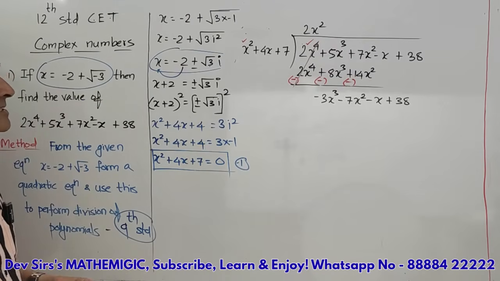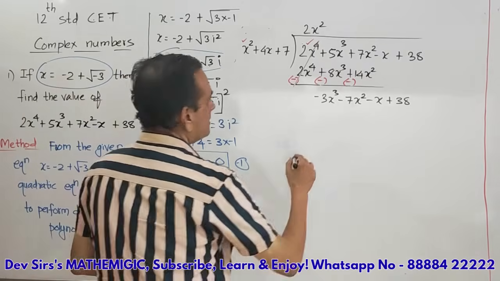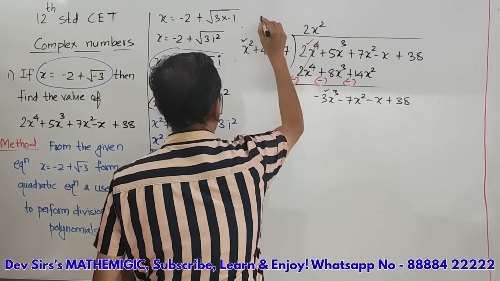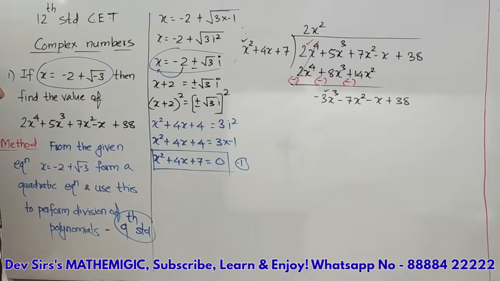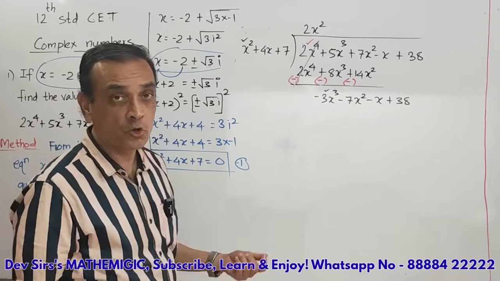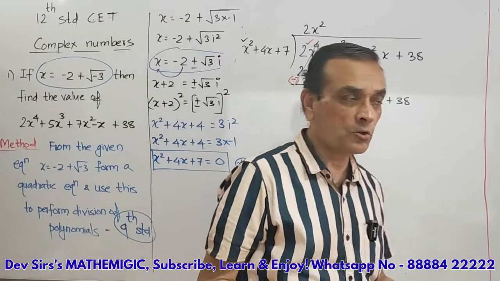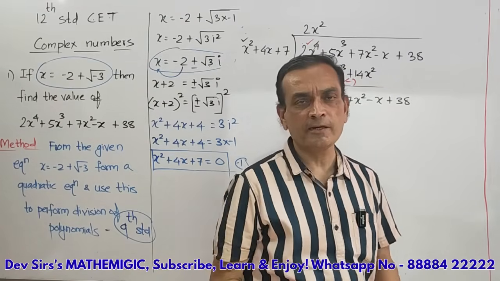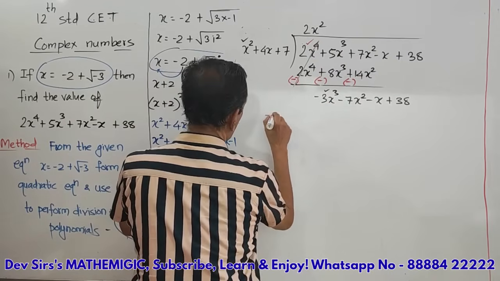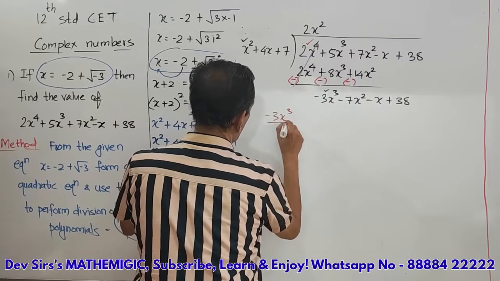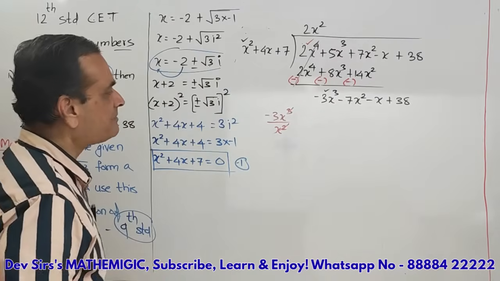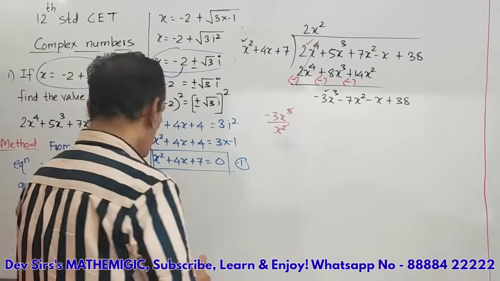Okay. Next, take the first term from here and first term from here. Actually, divide. Now this you have to do orally. Complex numbers you are doing after a long time, therefore I am explaining in detail. -3x³ divided by x². x² cancels. What remains is -3x. Whatever answer you get,